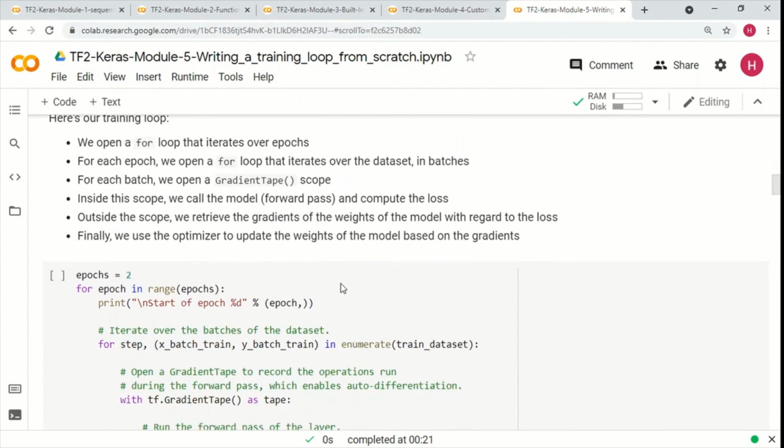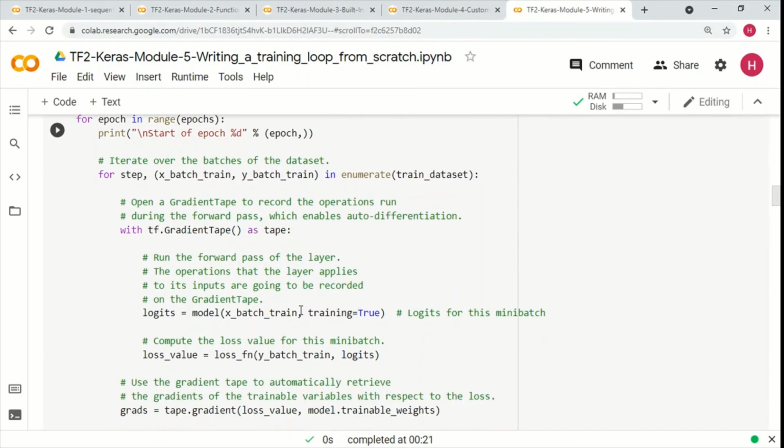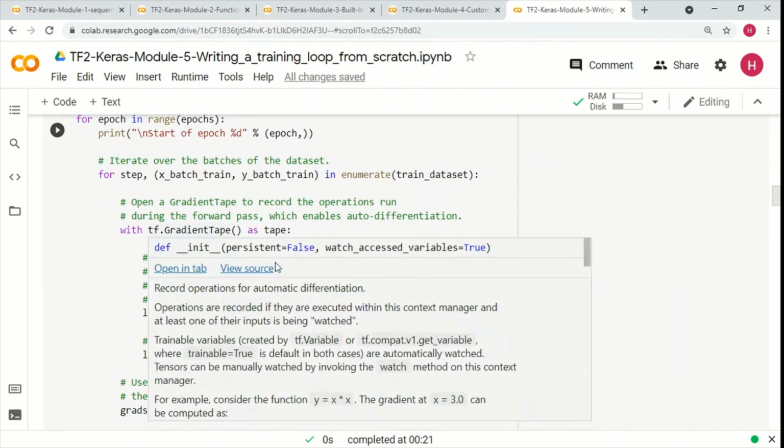So that part is done, and then we have to set up the for loop. This outer loop is for the epochs. Within each epoch, we get the batches of data from our dataset, and then we do the loss calculation under the gradient tape.